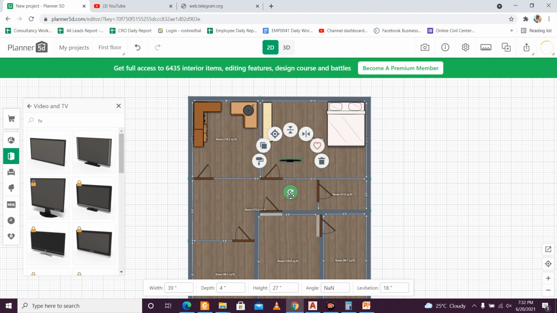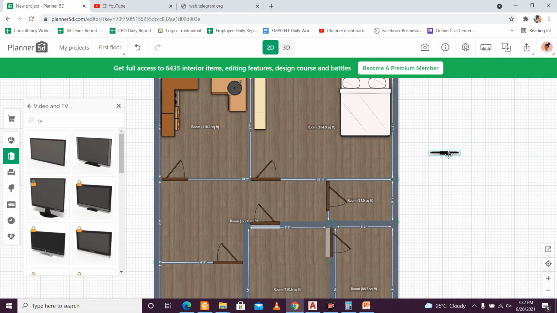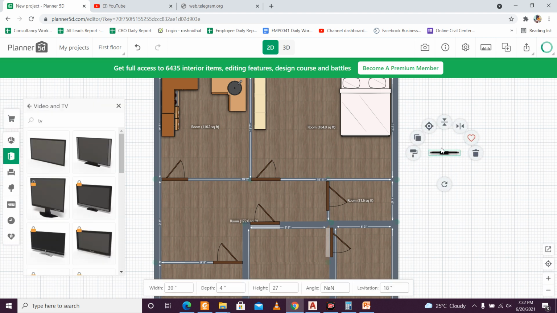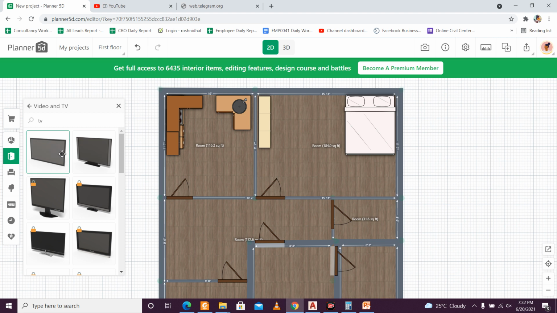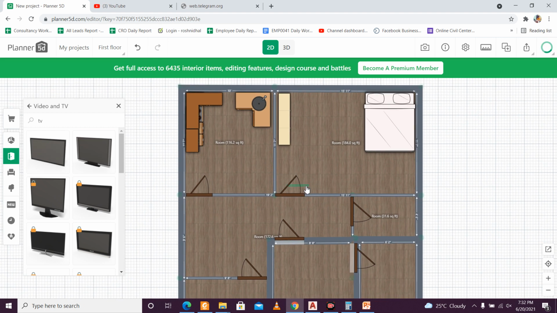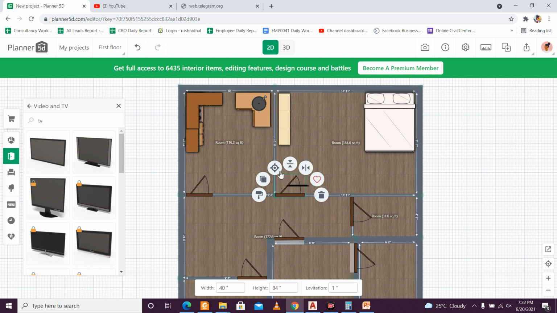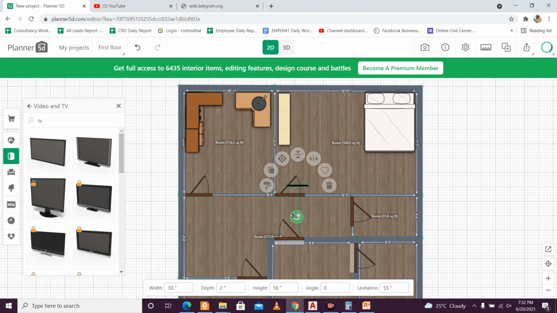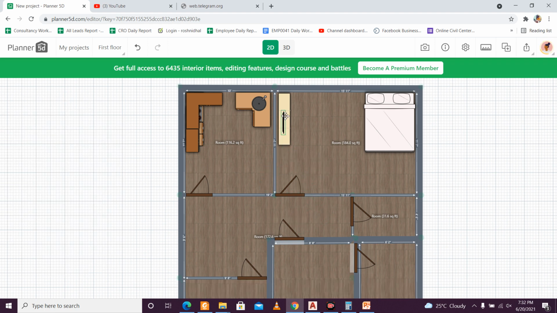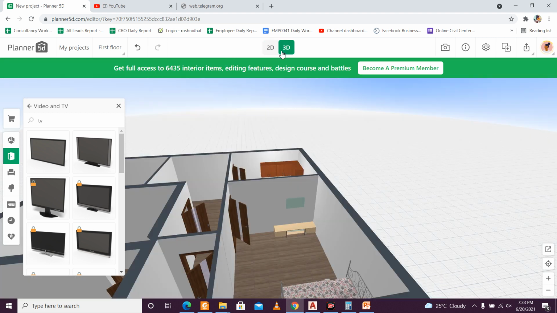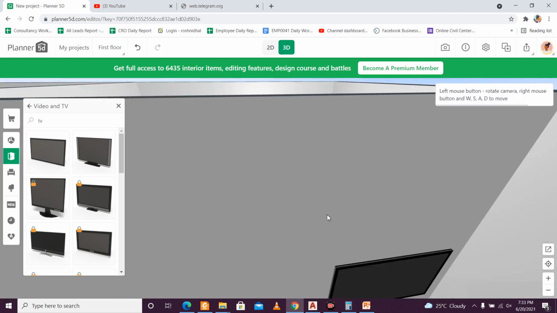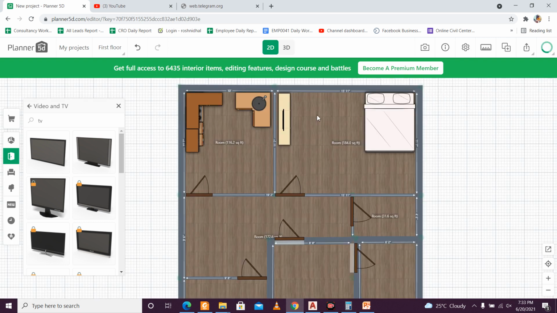Why doesn't it get rotated? So it's some problem in rotating, I think. Let me take it out and then try to rotate it. There is some problem in rotating. Okay, I'll just skip it. Let me take this one and rotate it. I think it will be like this. Let me see if I have rotated it in the proper way. Yeah, I think I have. It looks pretty cool, right? So I have rotated the TV.